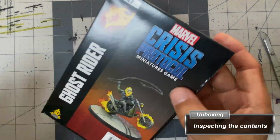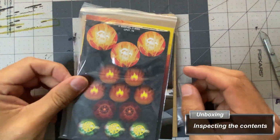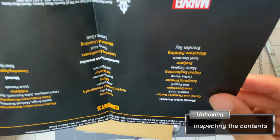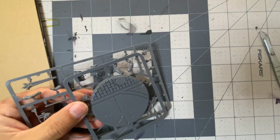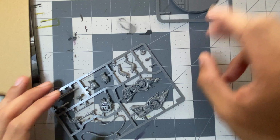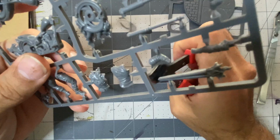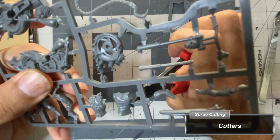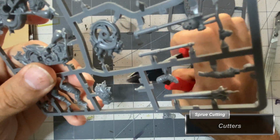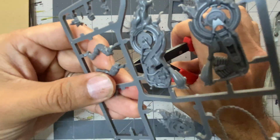Breaking into the packaging, it contains the character stats and tokens along with the instructions to assemble the model. 2 sprues are provided, one for the base and the other with 16 pieces for the rider. Using a cheap pair of snippers that I purchased at a hardware store, I began cutting the figure out. It's best to use snippers that have a flat side, which allow you to cut closer to the model and